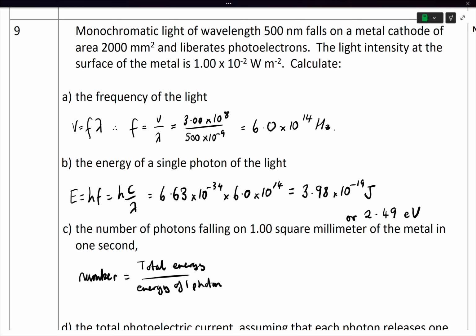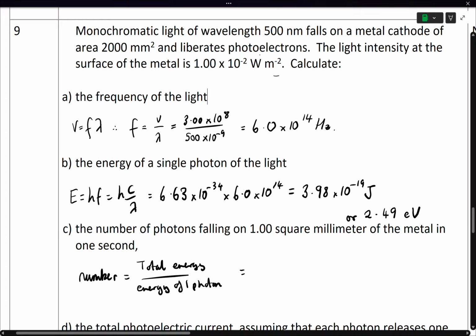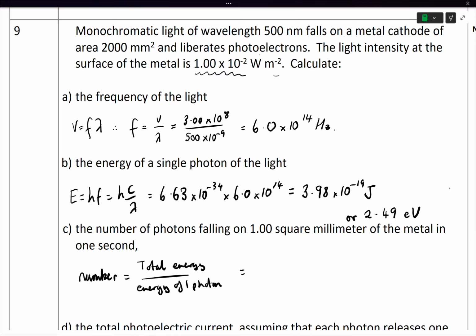So the total energy, we can see in 1 second. Effectively in 1 second the watt and the joule are the same thing, because the watt's the number of joules per second. So this light is delivering 1.0 times 10 to the minus 2 joules every second, but that's in a meter squared. So to work out the amount in 1 millimeter squared, I'm going to have to take that intensity